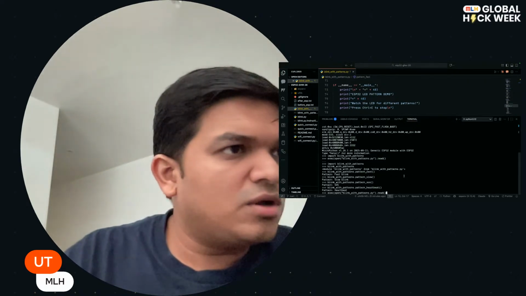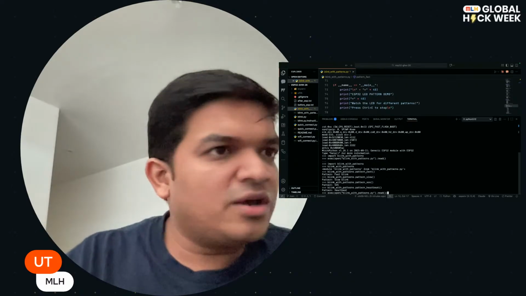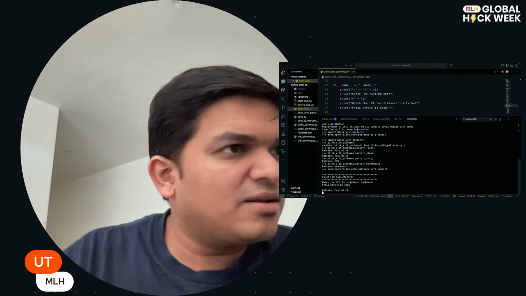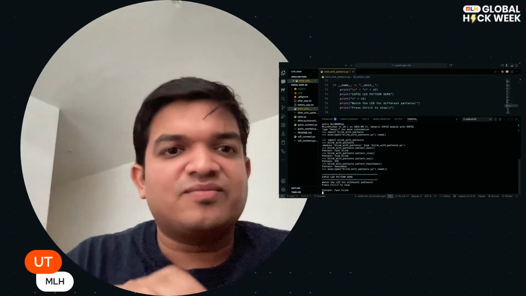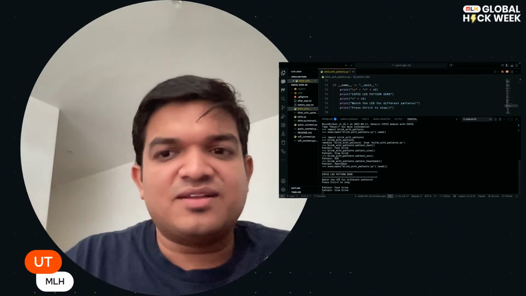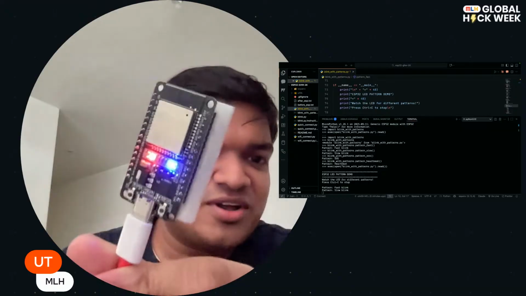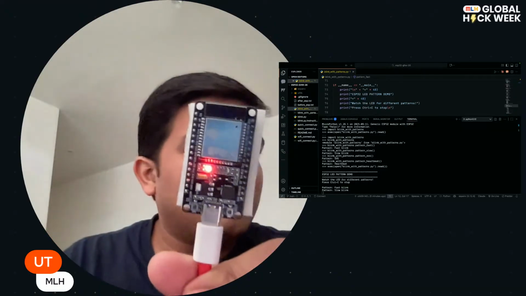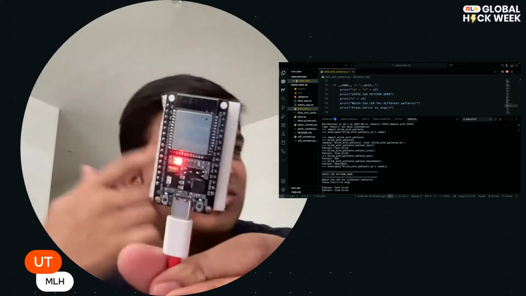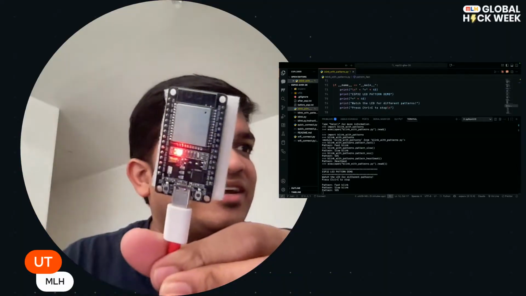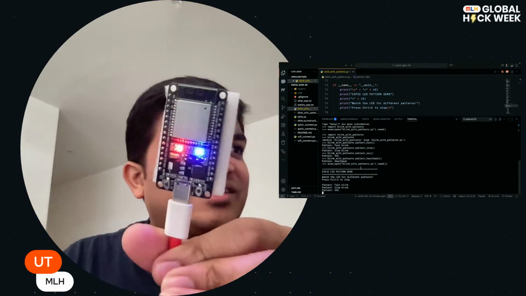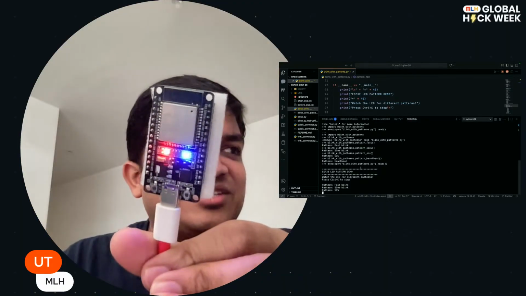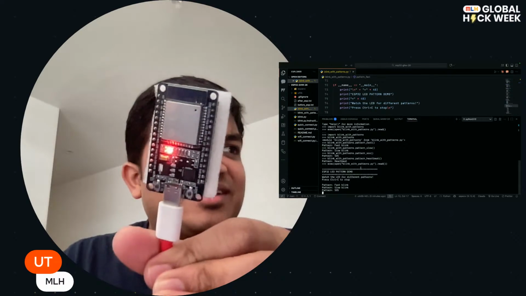Oh, I think I'm missing a bracket. Ah, there we go. Perfect. So this should run all the buttons one by one. So it ran the fast blink already. Now it is running the slow blink. Now it is running the SOS and heartbeat,